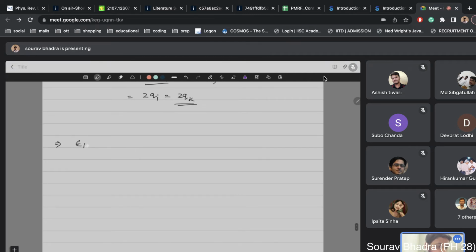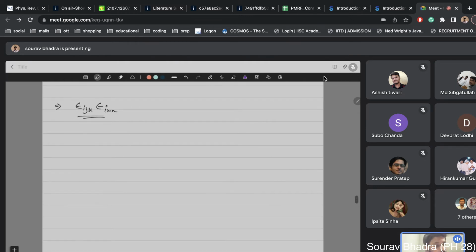Okay, now we have to calculate this thing, epsilon ijk, epsilon imn. Before doing this, I will do this one, epsilon ijk, epsilon lmn, where every index is different. Here you can see the first index i is the same for both Levi-Civita symbols. Now this can be written this way,